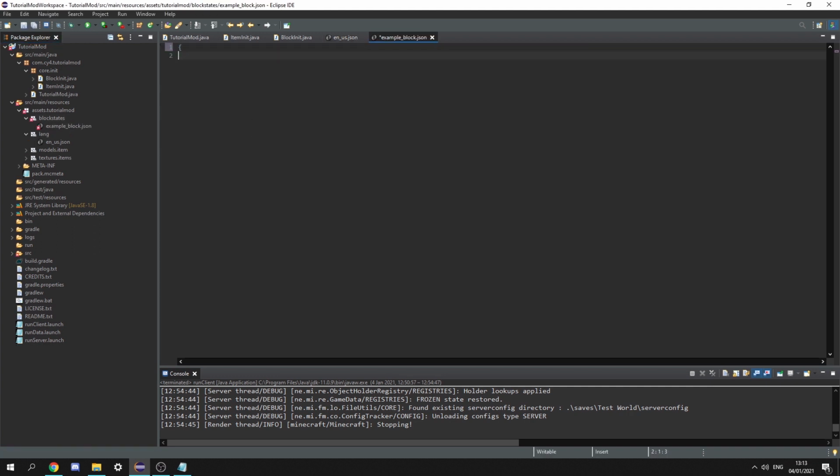And let's open some brackets. Now what we can do here, depending on some code within the mod, is change the model of the block, or the rotation, based on where it's facing, but our block is always going to be facing the same way. So let's create a new thing called variants,